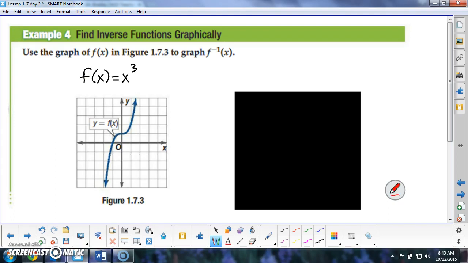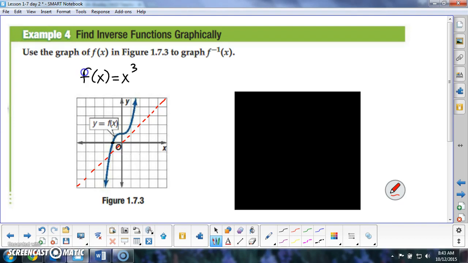Well, if we're going to use this graph to come up with its inverse, the first thing I would do is I would put in this diagonal line y equals x. Because now what we have to do is take the function that you're seeing and reflect it diagonally about that dashed line. So one of the ways we'll do this is we'll take a couple of key points, such as